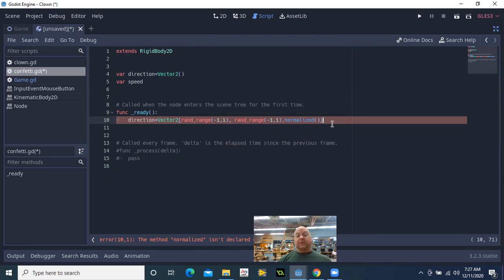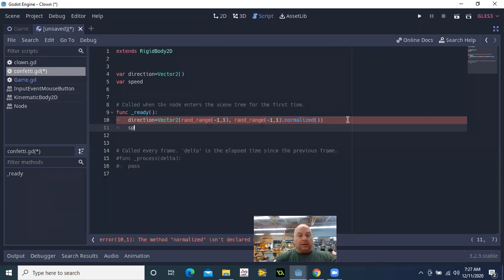So we want to make sure that the length is still going to be 1. So normalized will do that. It'll change whatever that angle is and make it equal to 1 unit. And then we're going to do a speed, and we're going to say the speed has a minimum of 100 plus,